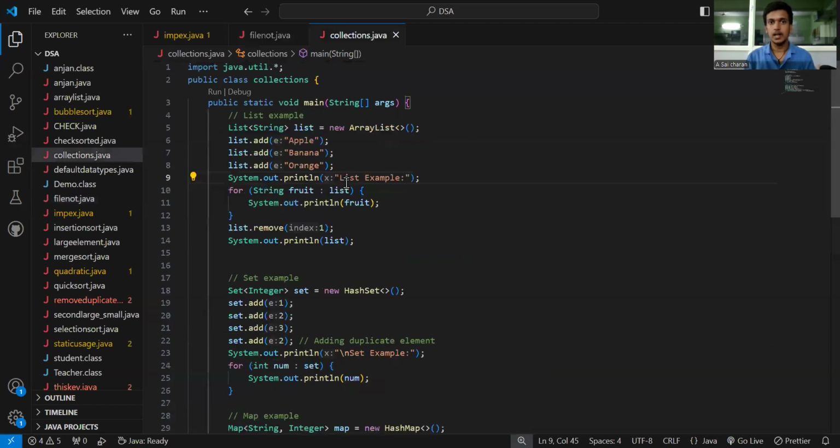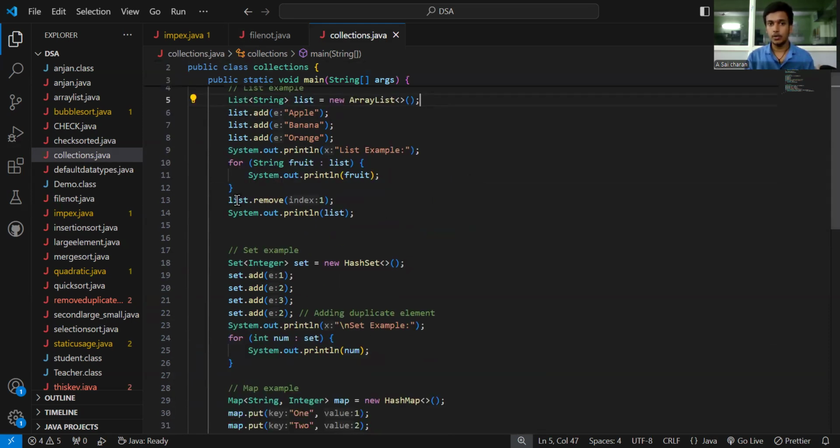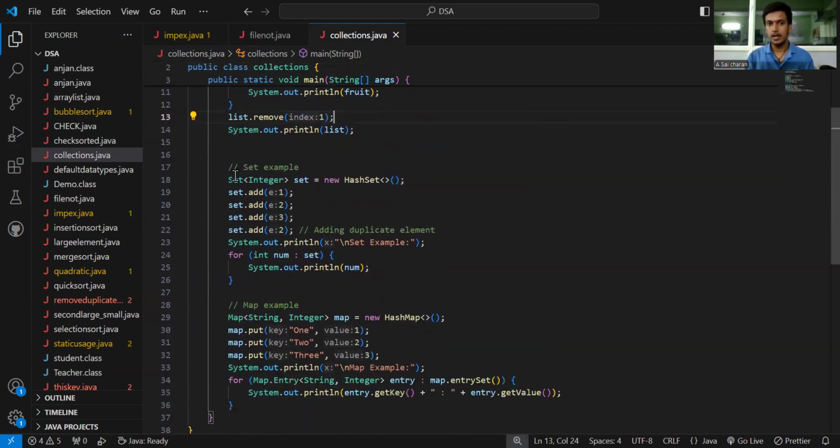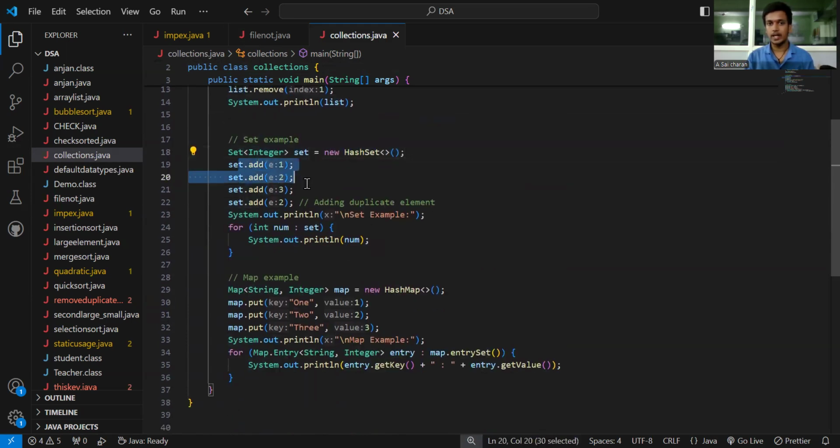See, this is an example for the collection framework. First we need to create an object using array list, and we need to add the elements. And if you want to print the elements using a for loop, they will be printed in order. And if you want to remove an element by using the index, we can remove it. For the set example, we need to create an object using the hash set, and we need to add the elements like I'm putting the